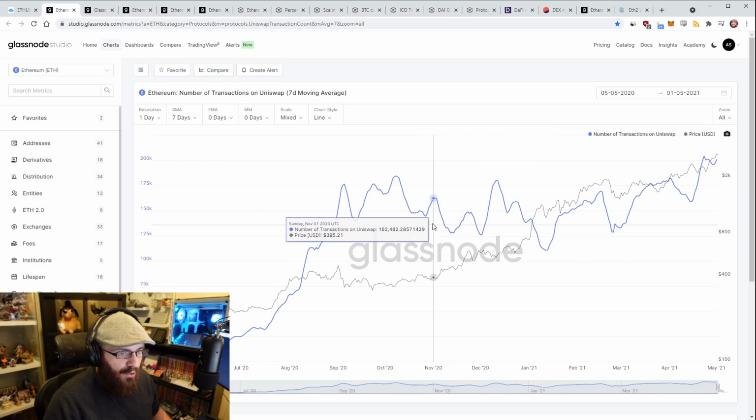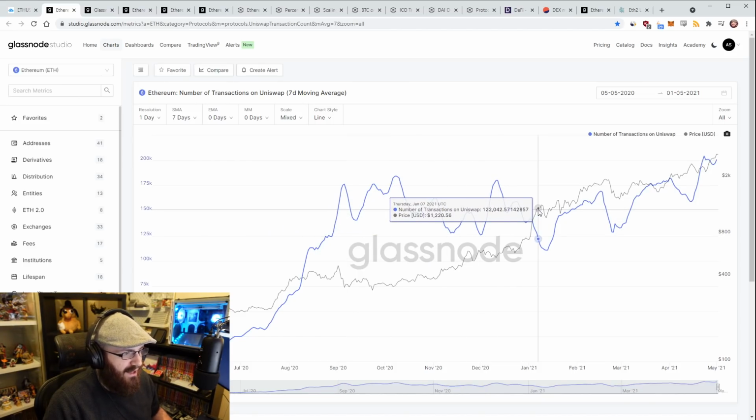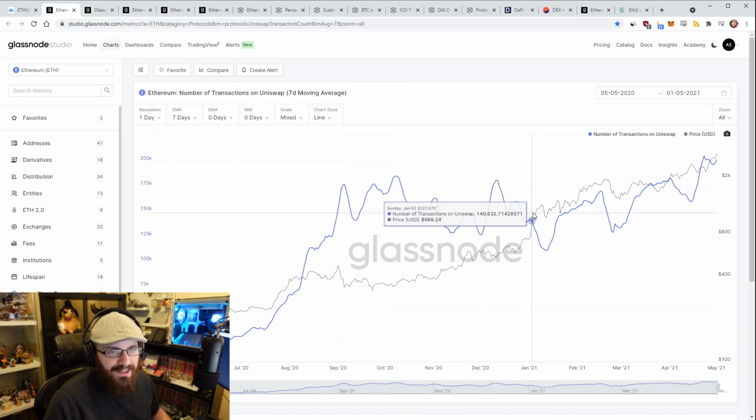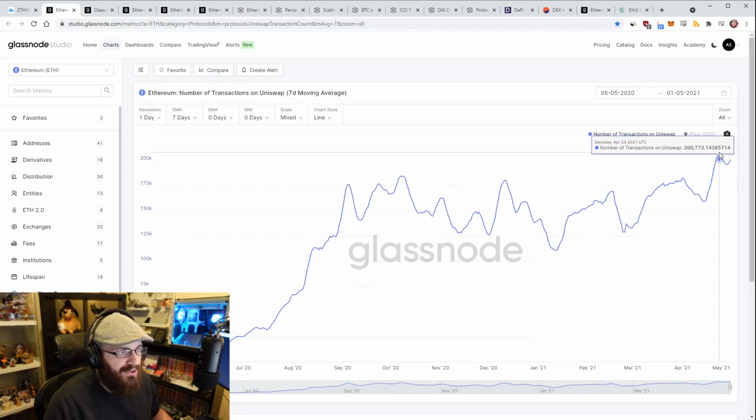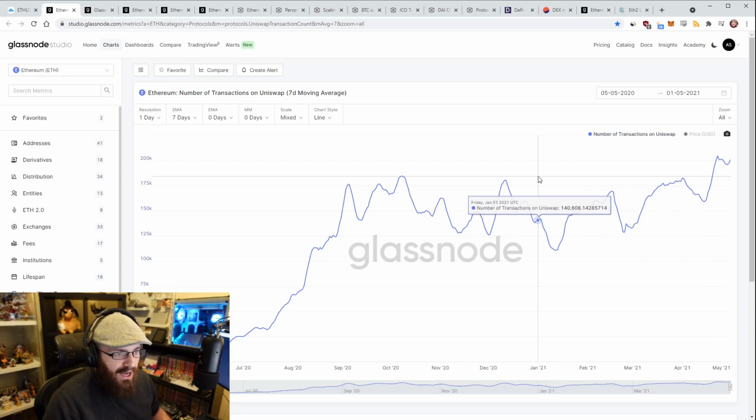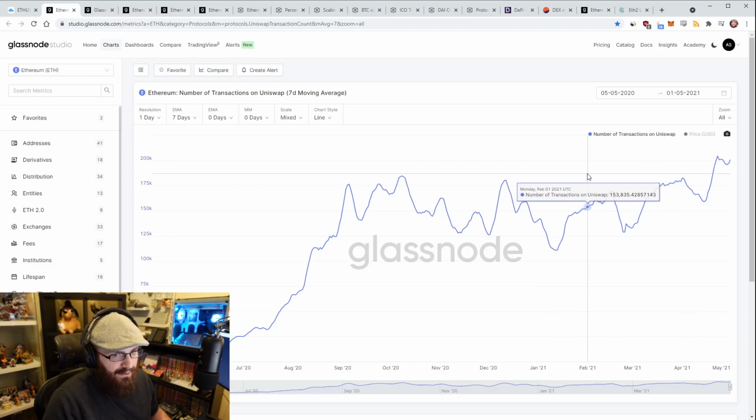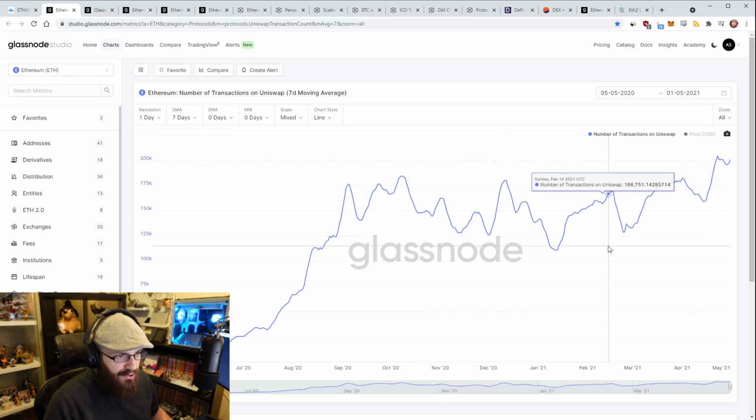And you can overlay the price here and see if there's any correlation. Doesn't seem to be really, and I wouldn't expect any correlation between the price and the number of trades happening on Uniswap, but still, the growth is quite cool because obviously the gas fees up until the last couple of weeks have been really high, and people were still doing Uniswap trades. It wasn't like they stopped and the trades fell off a cliff.